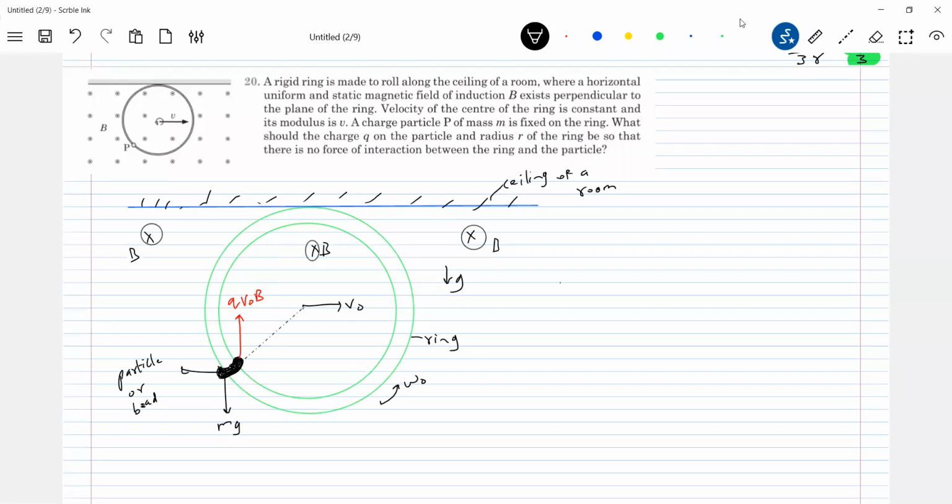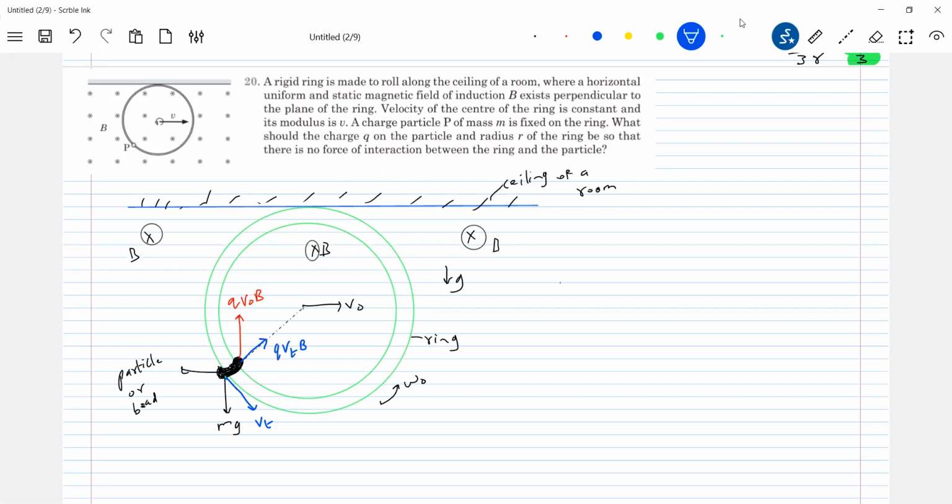And it will have tangential velocity. The ring will also have tangential velocity. Due to tangential velocity, will there be any Lorentz force? F equals Q V bar cross B bar; you can also call it Lorentz force. Will there be any Lorentz force on it? So how will the Lorentz force act? It will act towards the center, so it will be in the radial direction. So Q, V tangential into B.